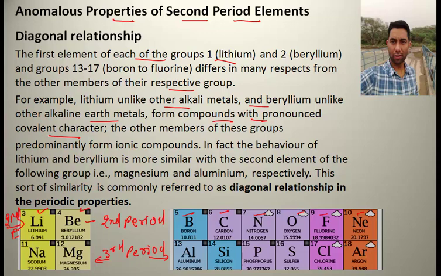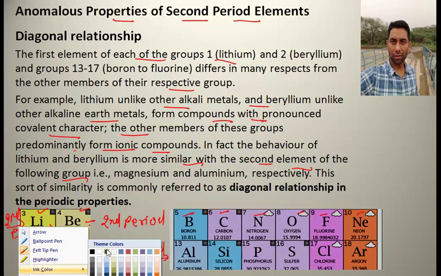Although first and second group elements are generally ionic in nature, these two elements, lithium from the first group and beryllium from the second group, have a more covalent character. The other members of these groups predominantly form ionic compounds. In fact, the behavior of lithium and beryllium is more similar to the second element of the following group. Now this is an interesting factor: lithium has more similarity with magnesium, which is present diagonally. That's why such a relationship is called a diagonal relationship,